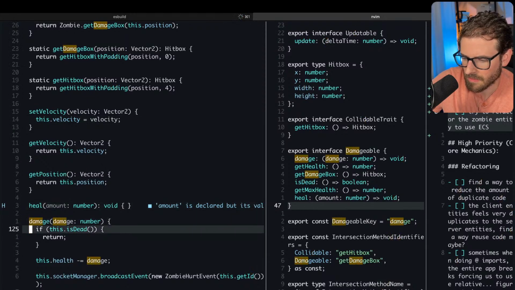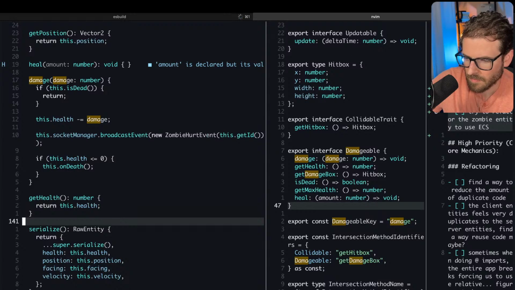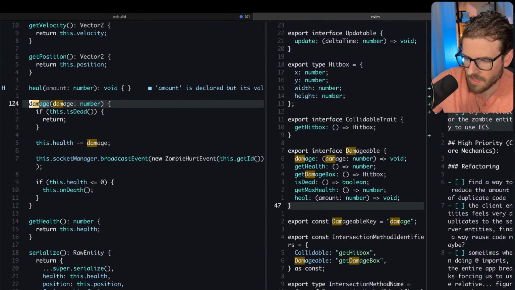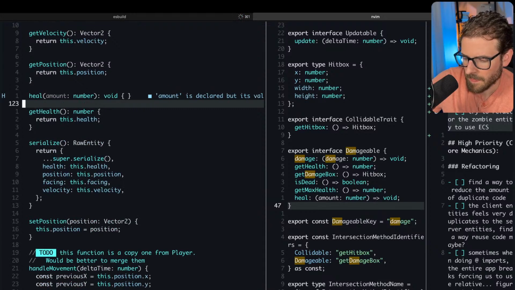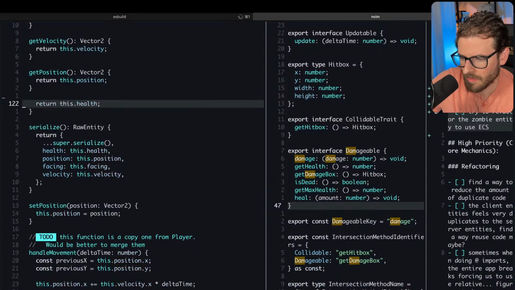I'm just going to delete it. How many, 13. I delete that. That's going to break the game. Let's get rid of heal. Get health.